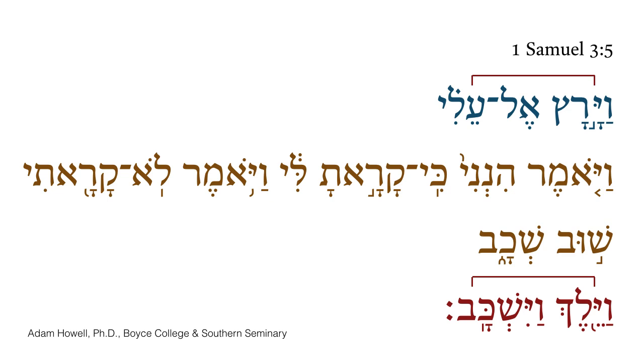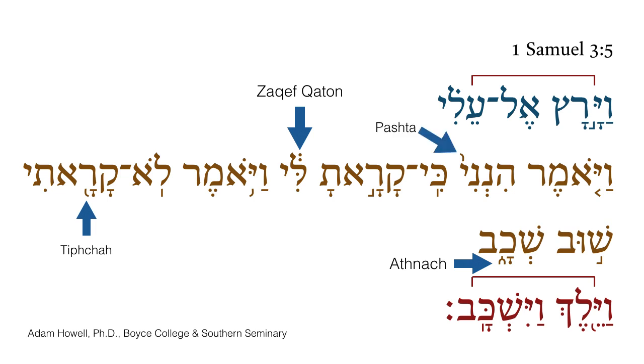So now that we have the segments set apart, we can clearly see the narrative segments over against the direct speech. Within the Athnok segment, we have a near subordinate disjunctive accent, the tifka, and we have the far subordinate disjunctive accent, the zakef katon. In the zakef segment, we also have another near subordinate disjunctive accent, the pashta, and then we have a far subordinate disjunctive accent, the revia. So we're kind of making these breaks here. All of these mark off the initial narrative section with the revia.